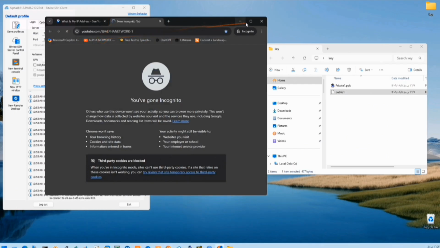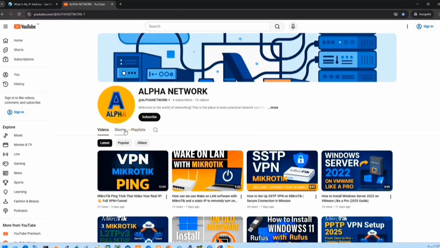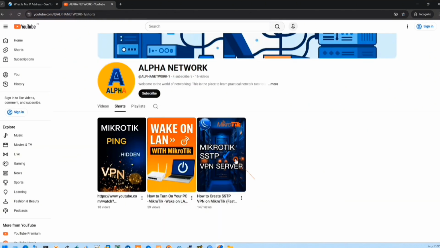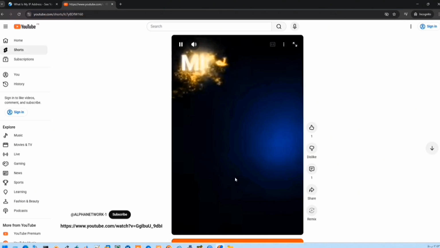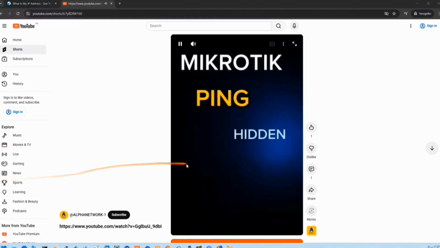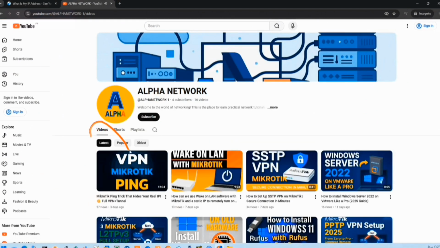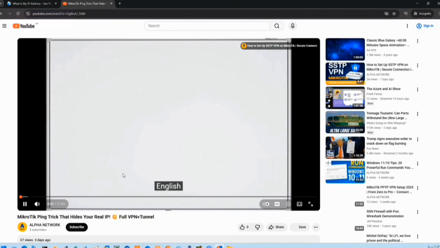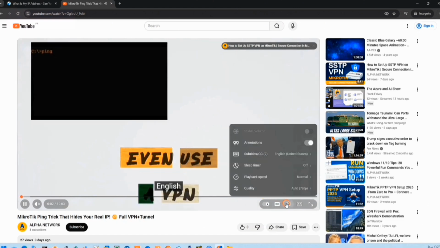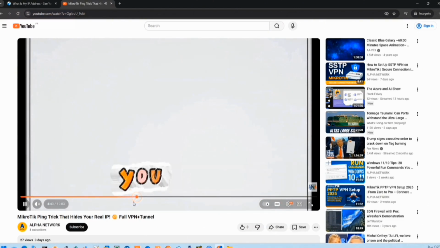And now, inside Chrome, I open the Alpha Network YouTube channel, and as you can see, the videos load quickly and without any buffering. Did you know that you can even use a VPN with just a simple ping command? Did you know that you can, meaning it's fully connected